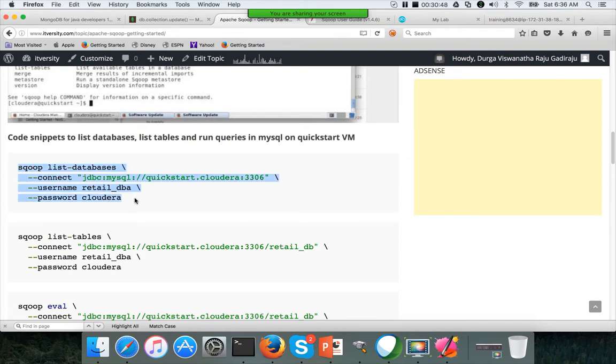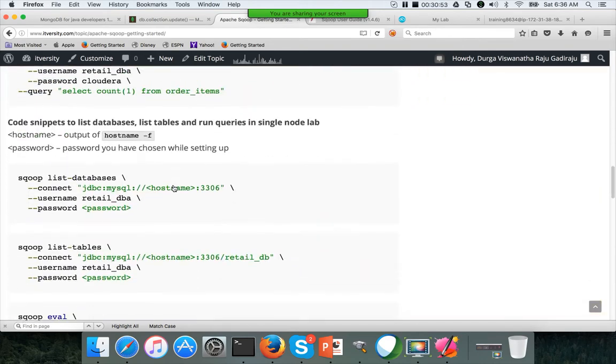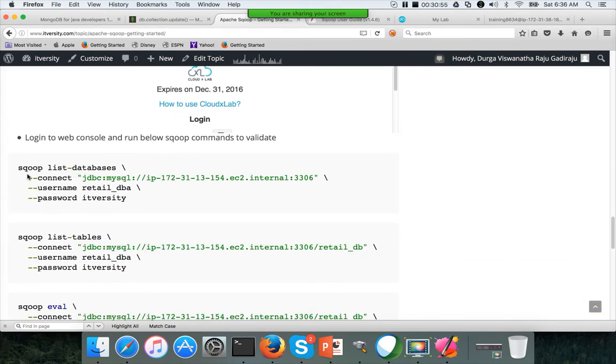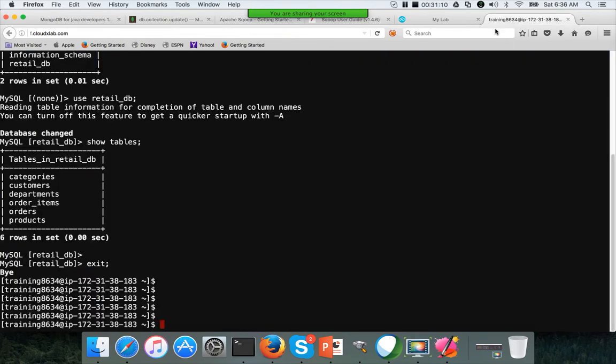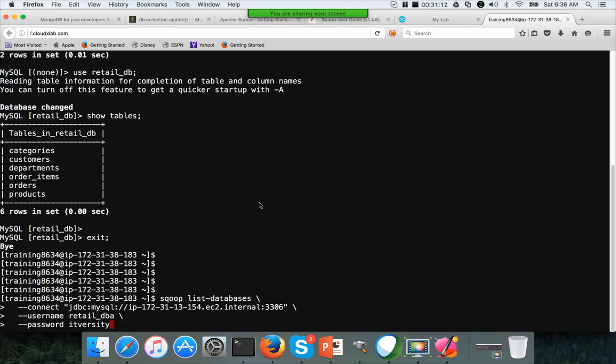So you can copy this. If it is Cloudera, you can use this. If it is CloudxLab, you can use this. So for getting started, there is only one topic which covers both Cloudera QuickStart VM as well as CloudxLab. So you can just copy paste this one. You don't need to make any changes and hit enter.